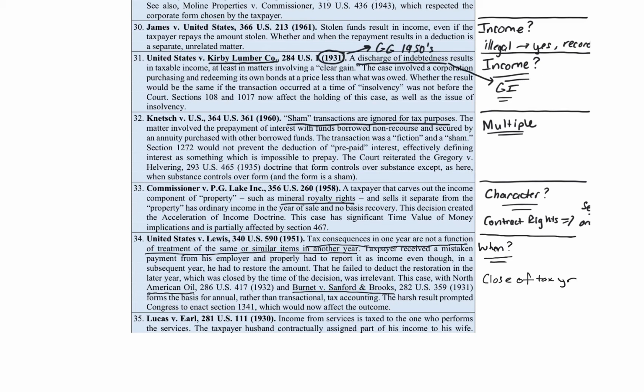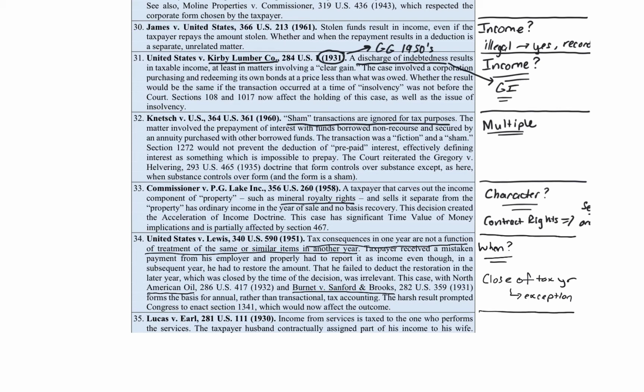Now, there are some exceptions to the close of the tax year principle, where we can go back into the past and amend. The main one, you might remember, is net operating losses, which you used to be able to carry back. You'd actually go back and amend previous tax returns. So that's an example of where you're able to go back and amend a closed year. But if you record a transaction and it later changes, you can't just go back and change that amount on a previous return. That's the close of the tax year principle, but there are some exceptions to that.